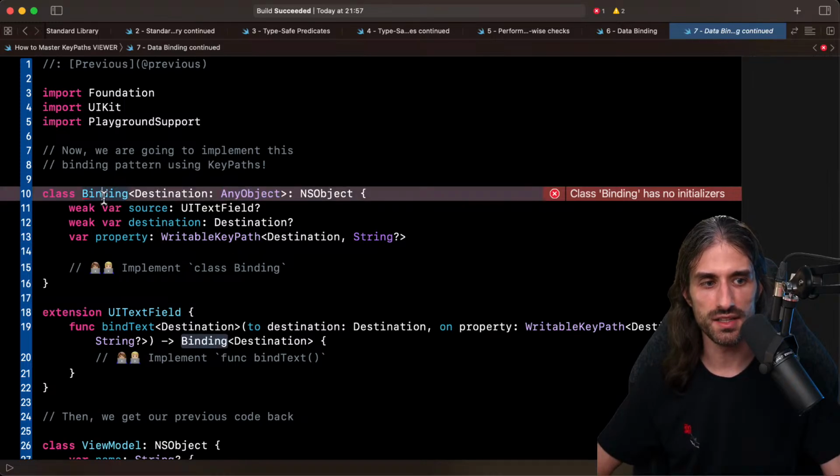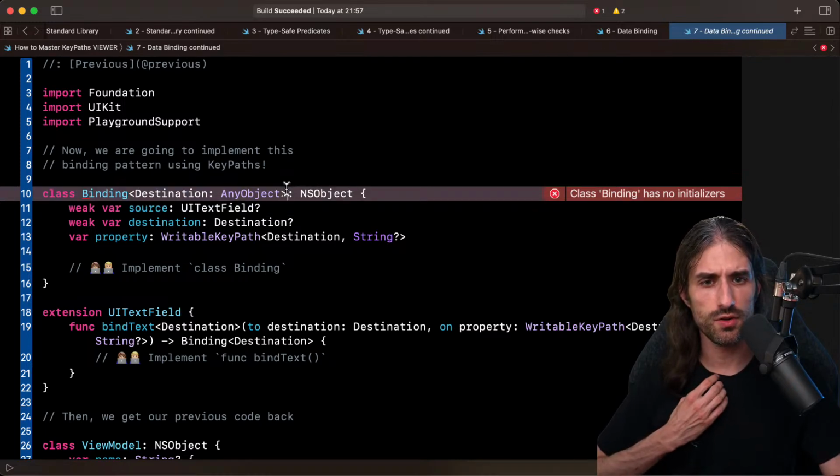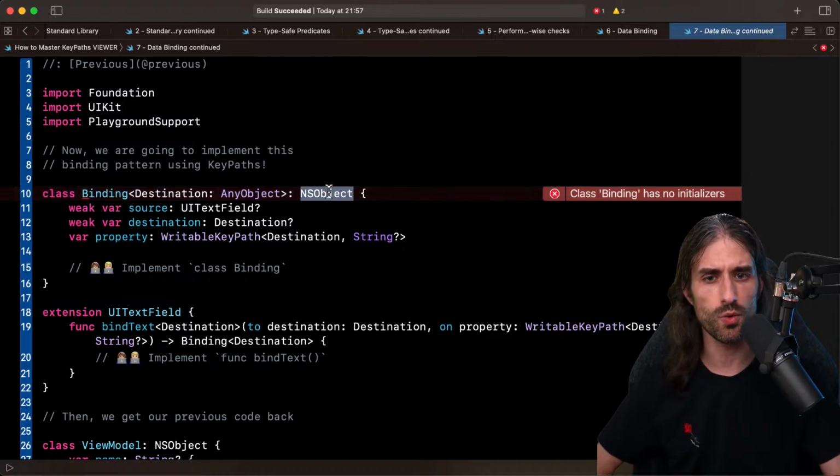And what I'm doing in this binding is that, so is the NSObject mandatory? I think it's going to become mandatory when we want to start writing to it. We will try, but I think the reason why I made it is because otherwise it doesn't work. We'll try to remove it.